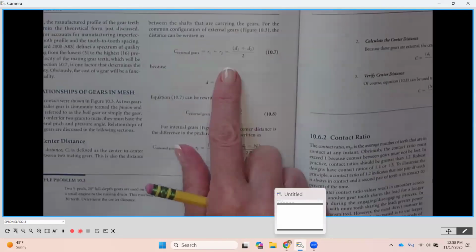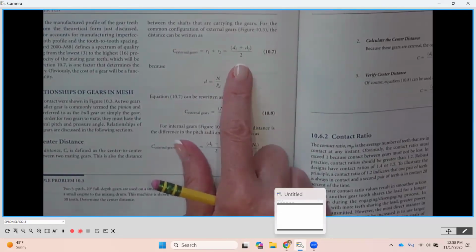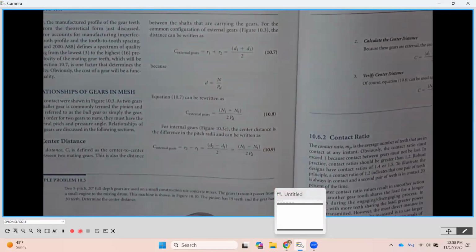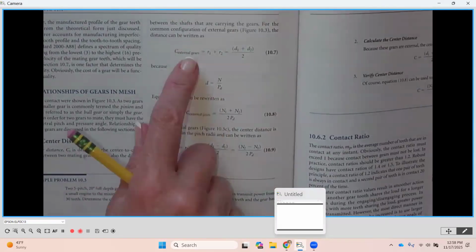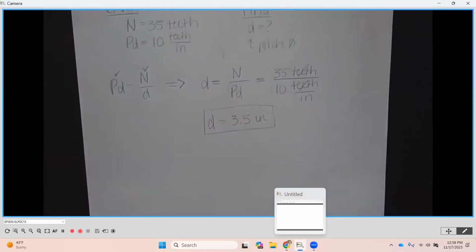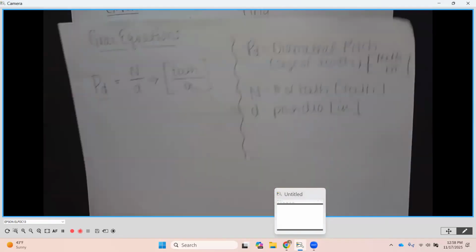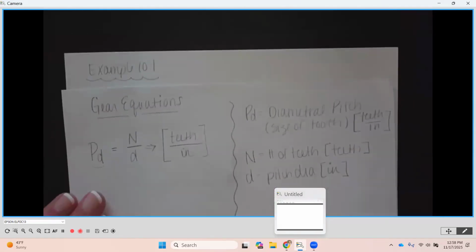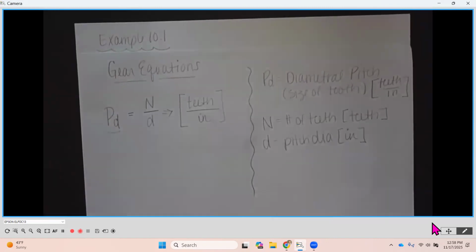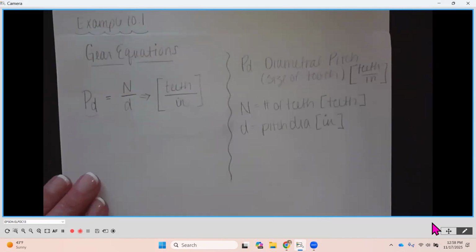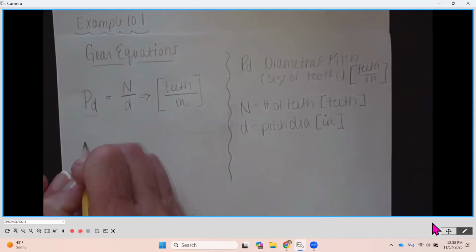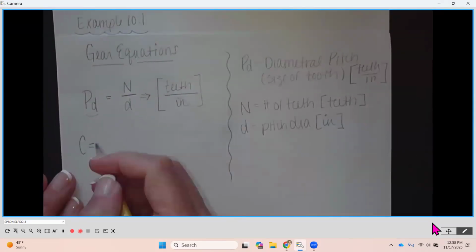Now, depending on the information that we're given, we can calculate this a couple different ways. So we're going to use these two equations here. Now, these are for external gears only, and that's all we're going to be dealing with. That's, again, the most common type of gears that we deal with. So if I go back to my gear equations sheet here, I'm going to add to it my center distance equation. So C is going to be equal to